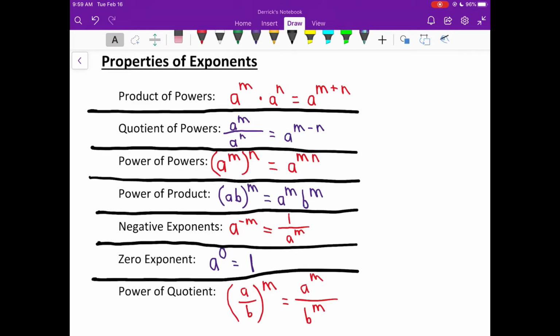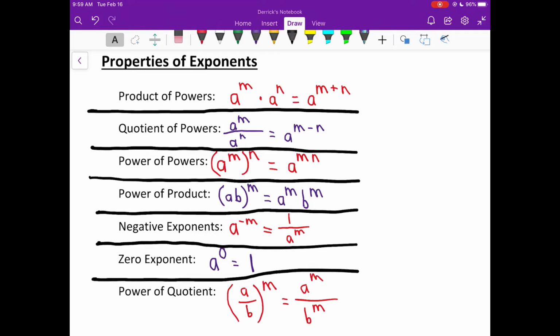Today we're going to talk about properties of exponents. As you can see, there are a fair amount of them here, but some of them do kind of flow together, so it's not quite as bad as it looks, I would say. The nice thing with properties of exponents, as you'll see once we get done going through all of them and